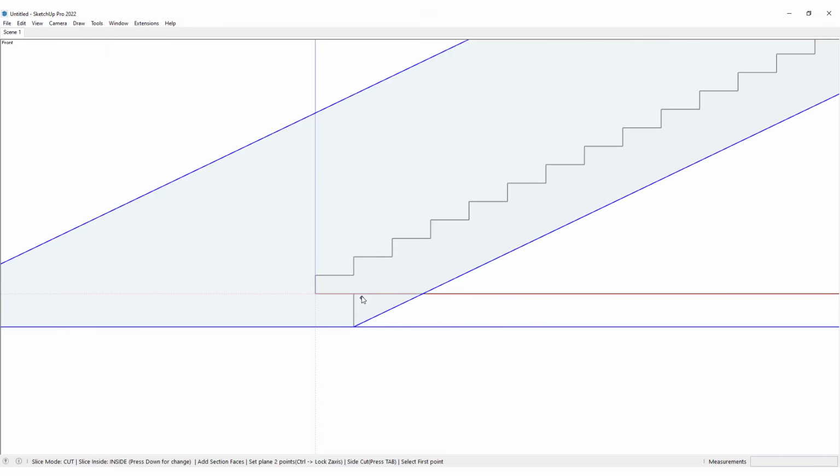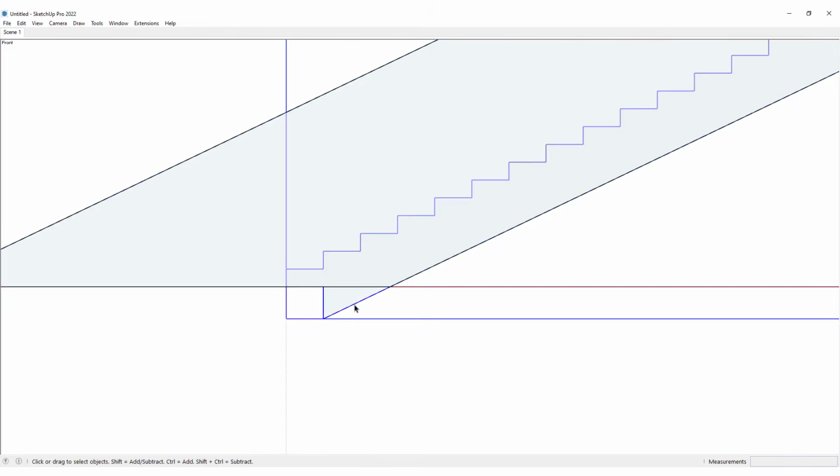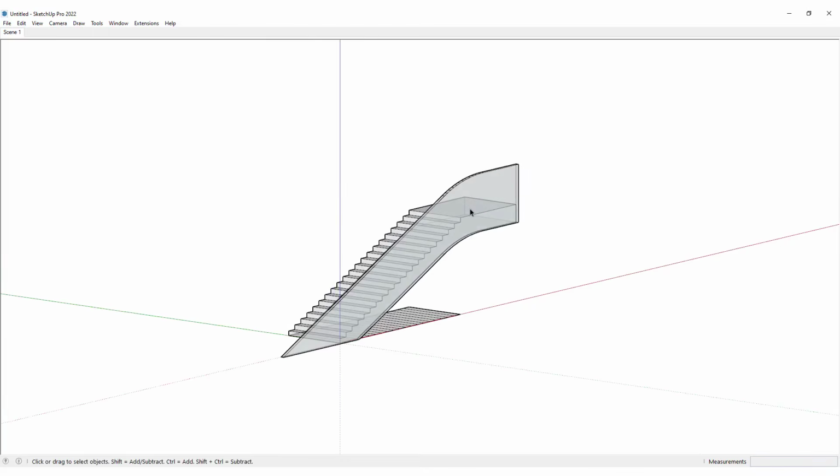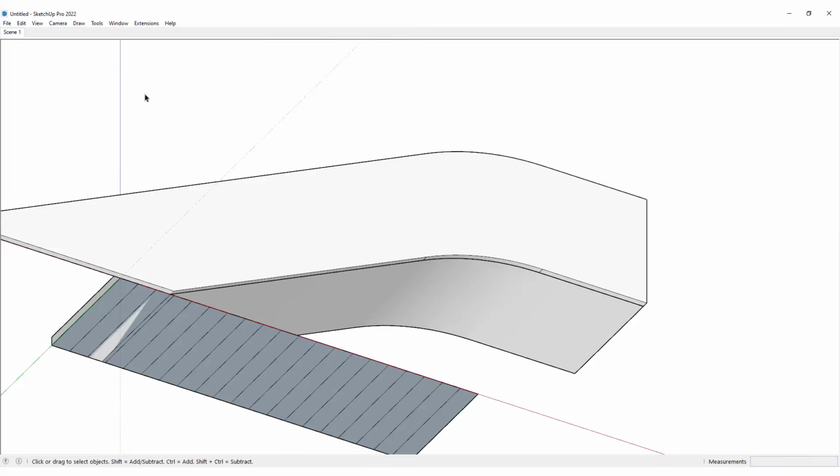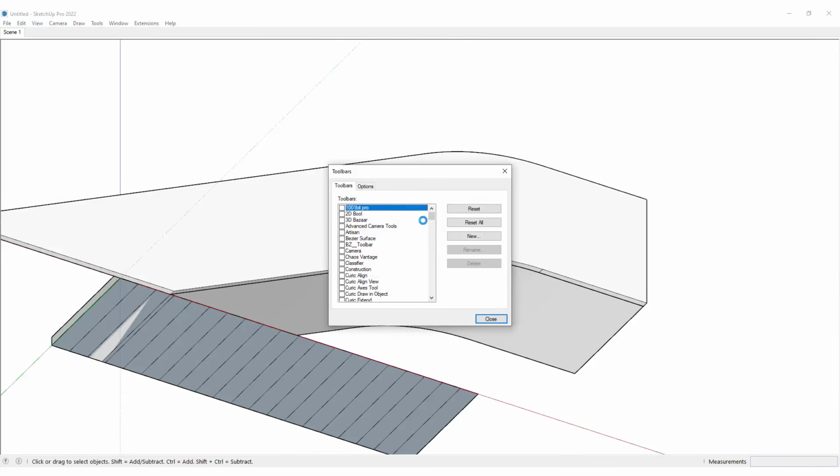and we would turn on the X-ray and we would cut the bottom part of this stairs and also this part, so we would have a shape like this. And now we need to union these 2 shapes together, so I would bring up the solid tools